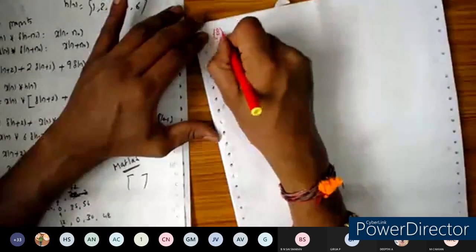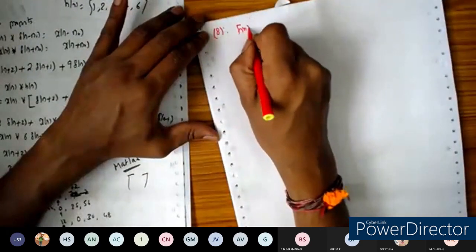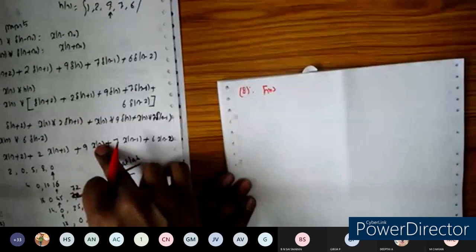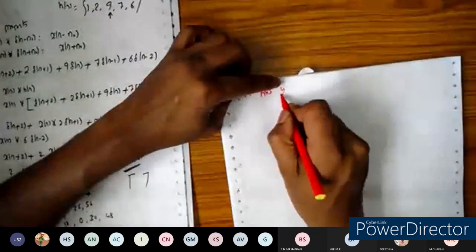But don't think I'm going to solve all the homework problems in the next class. So take problem number 8. Using this method, you can find out. I'm going to give the easy sequence. This is the toughest one I have taken here, because in order to demonstrate this one, I'm going to give some easy problem as homework.